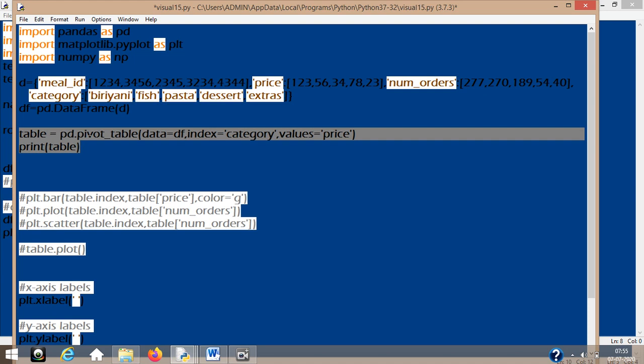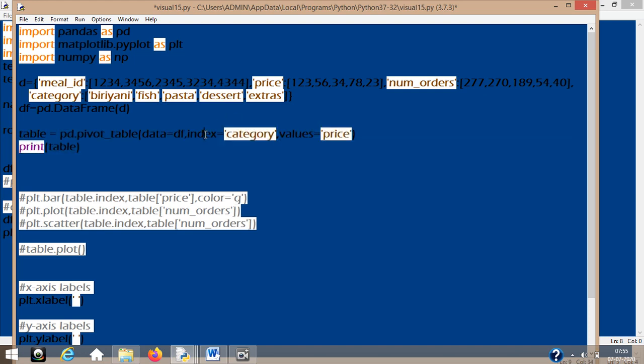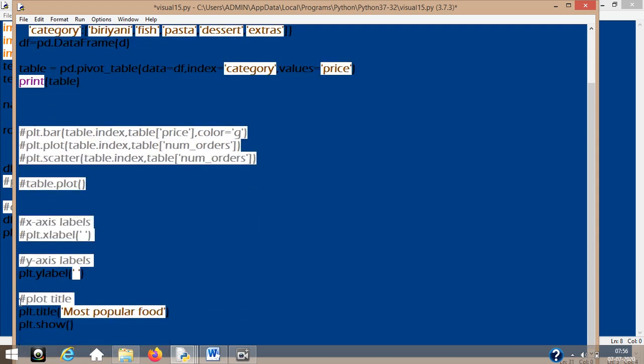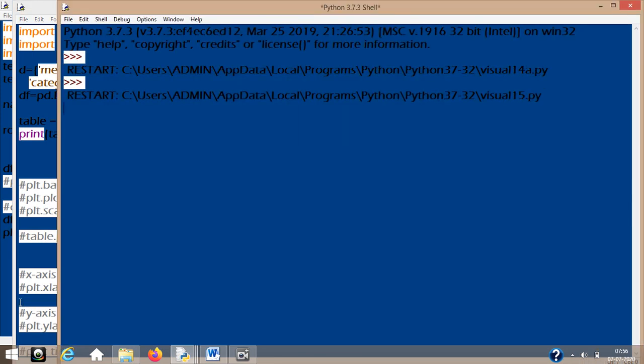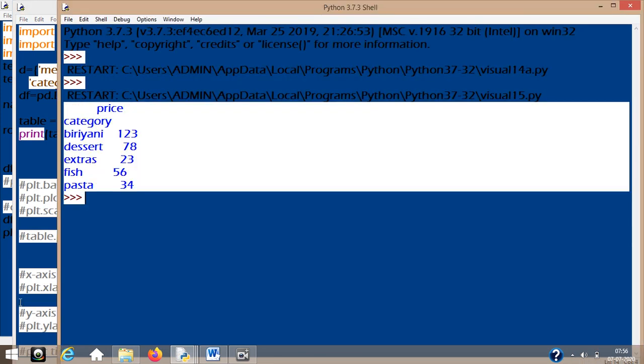Like here, as you can see now, I have pivoted the table with the data frame's index value category and the values which is going to be plotted as price. So if I am not running this, and just running this print option only, then what you can see, this is it.